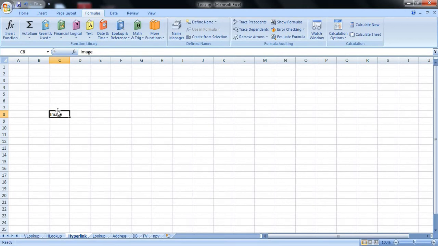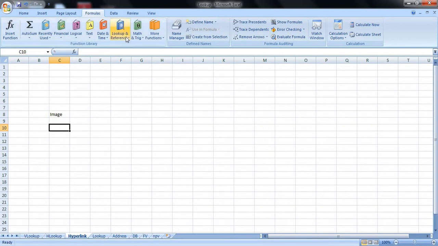For example, if I click on this, it can open a file which is related with MS Word or MS PowerPoint file or an image or a video or audio. We can open any other file just by clicking on a particular text which is available in MS Excel. So hyperlink is about providing a bridge, providing a connectivity between two different files.